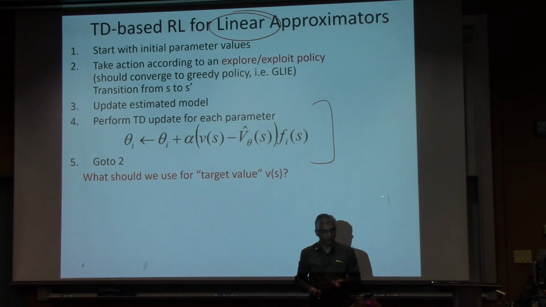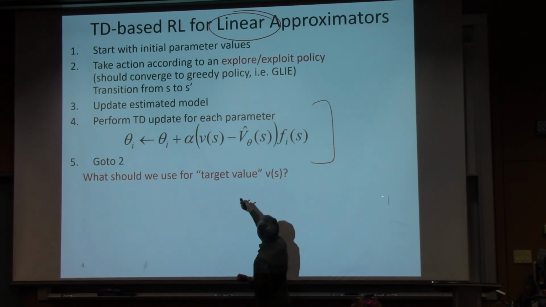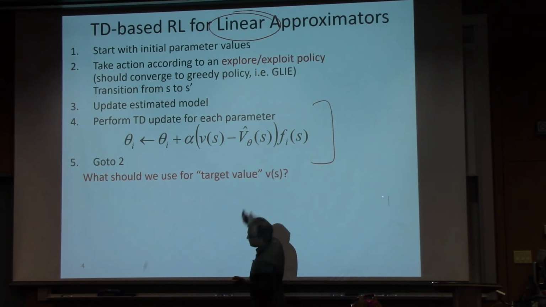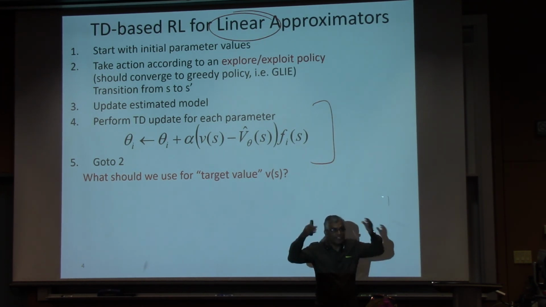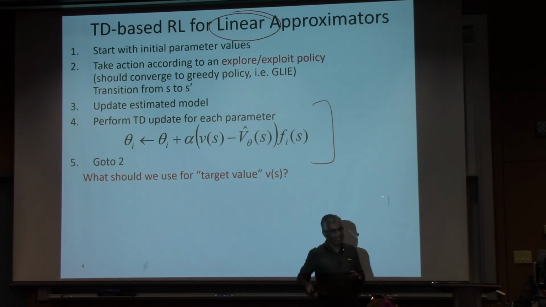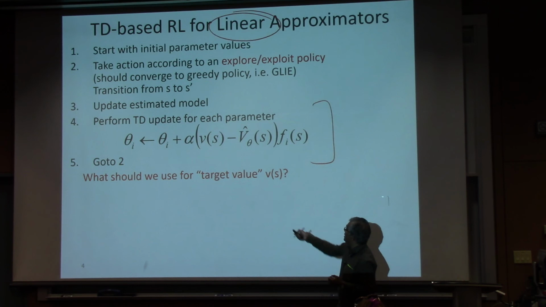loop, right? Except when you get the updated value. Remember, temporal difference says you should change your value to be closer to your successor's value. So according to temporal difference, your true value is this updated value for now. And the current theta function is probably predicting a particular value for this state. So the difference between those is the error. Do you see what I'm saying? And you are essentially shifting weights a little bit to reduce that error. Not to make it zero, a little bit to reduce the error. Okay? So that's basically what you're doing